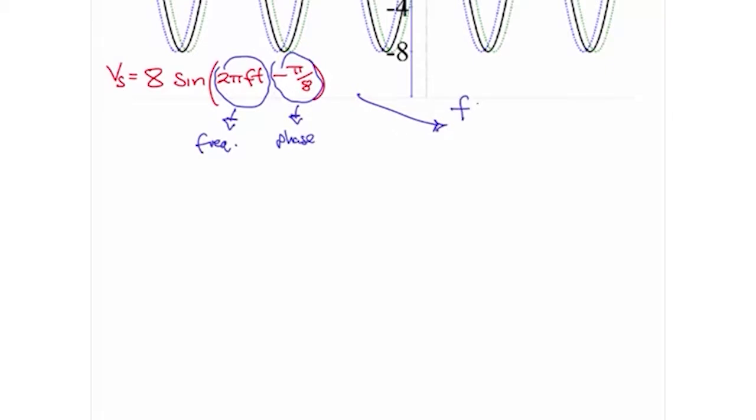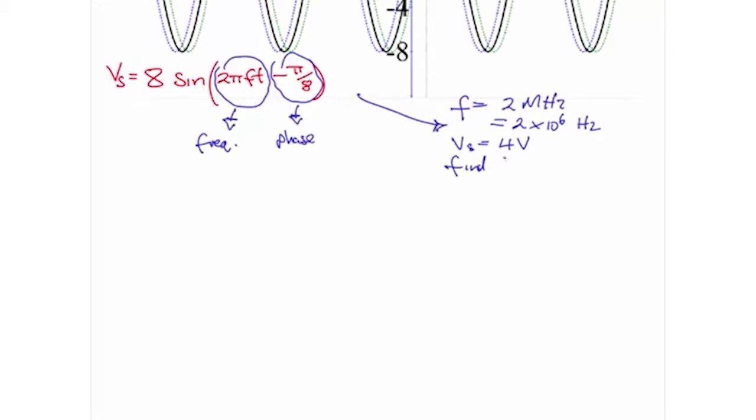Why don't we use frequency equals 2 megahertz? Now, you know what 2 megahertz means? It means 2 million hertz, or 2 times 10 to the 6 hertz. Okay, it's not just 2, don't just forget the capital M. 2 million. Okay, let's have the supply voltage Vs be 4 volts, and we're going to